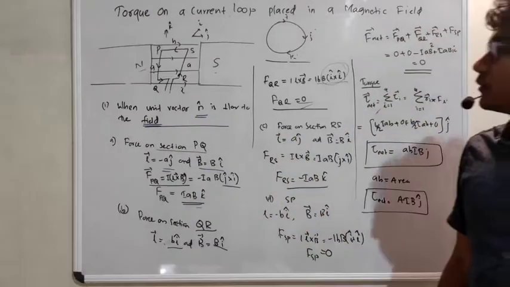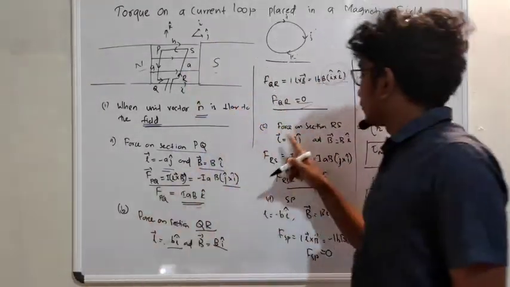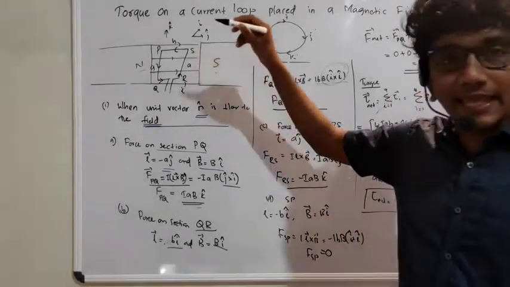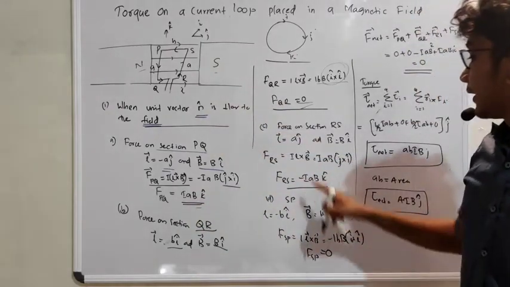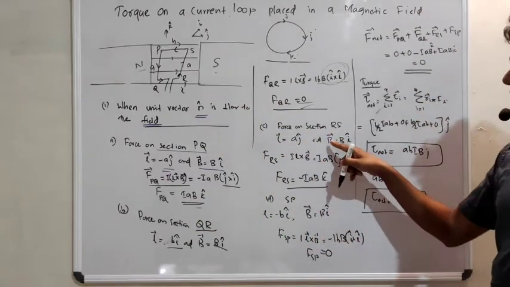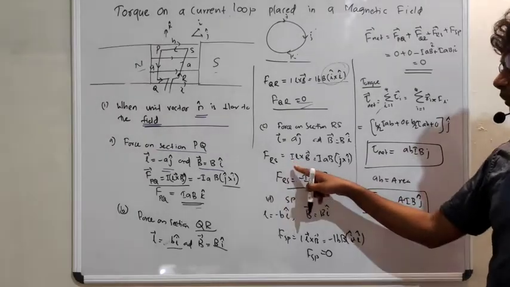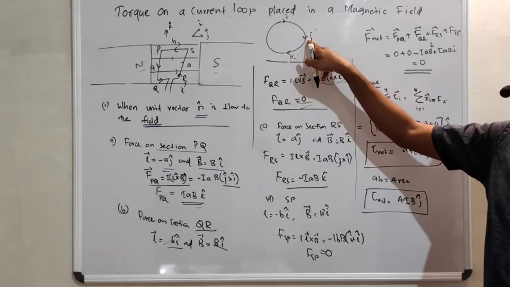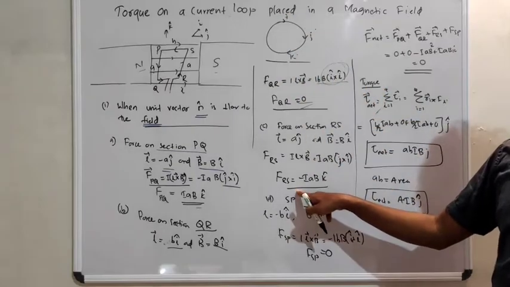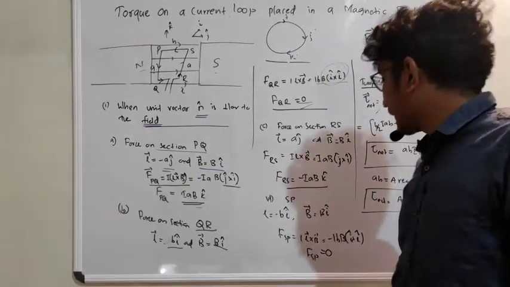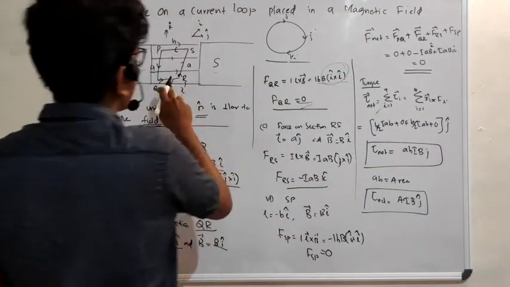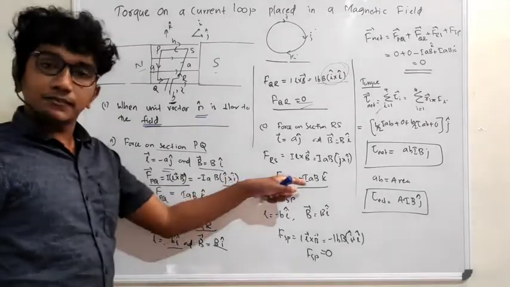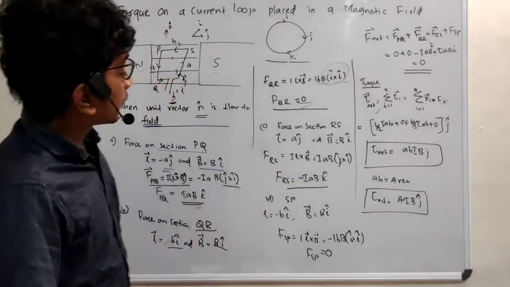Again, see that one, RS, force on the section RS. So L is equal to, again, in this direction, j. L is equal to j, okay, so a into j. So what about B? B is equal to B i. F_RS is equal to I L cross B, that is j cross i. What is j cross i? Look at this, j cross i is minus k. Minus IAB into k. Here B is not this B; this B is small b. Okay, the sides are small a and small b. This is capital B.